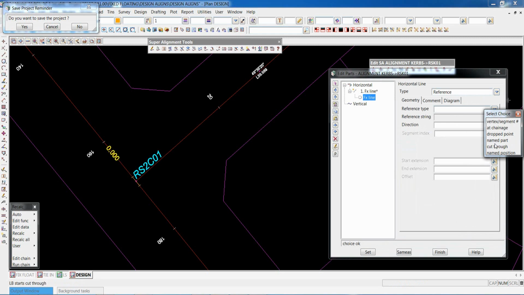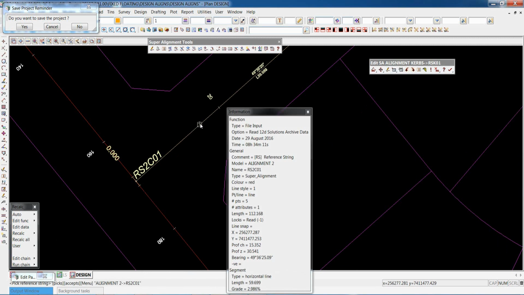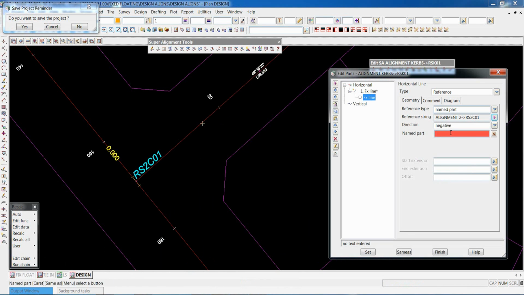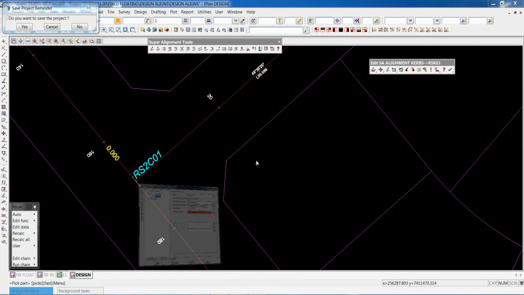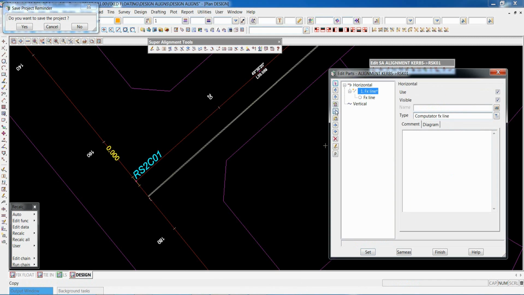We're going to pick up a name part. In the creation of this centerline, we were able to name the part. As I'm creating all these parts, we've given each a particular name. So rather than having to refer to a segment number or a point, we're able to use a name part. I can use the center mouse button and snap onto that. We can then also say I want to be minus 3.5 off that road, which sets up my lip of curb line.